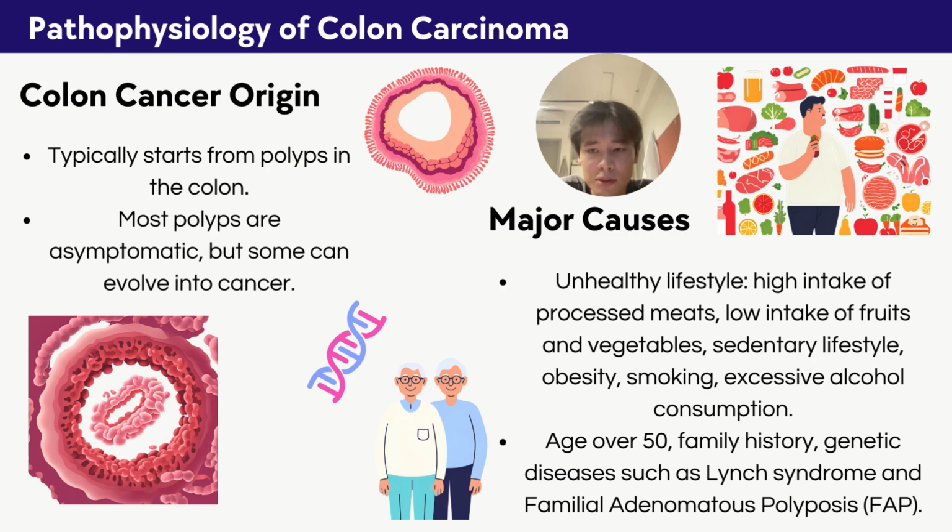Colon cancer typically starts from small benign growths in the colon known as polyps. While most polyps are asymptomatic and harmless, a small percentage can evolve into cancer if left undetected and untreated. Colon cancer's causes are complex, significantly influenced by lifestyle. Risks include a diet rich in processed meats and low in fruits and vegetables, combined with a sedentary lifestyle, obesity, smoking, and heavy drinking. Additional risk factors include being over 50 and genetic predispositions like Lynch syndrome and familial adenomatous